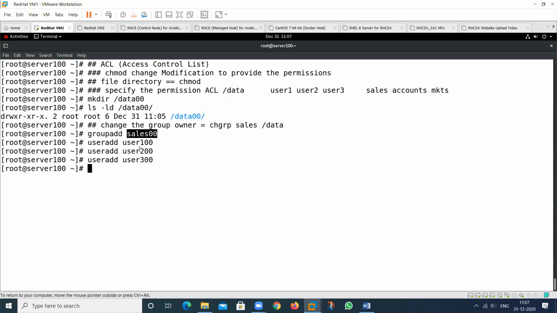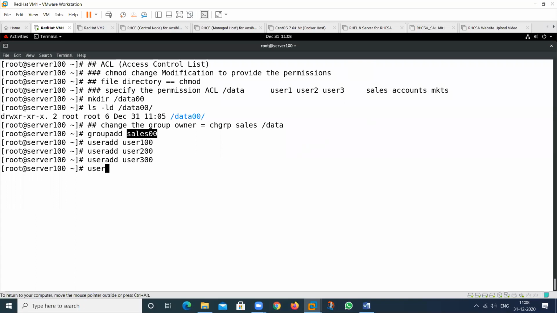Gitu, tell me which command I will use. I want to add these 3 users in this particular group. Which command can you use to add these 3 users in this particular group? Sir, usermod.